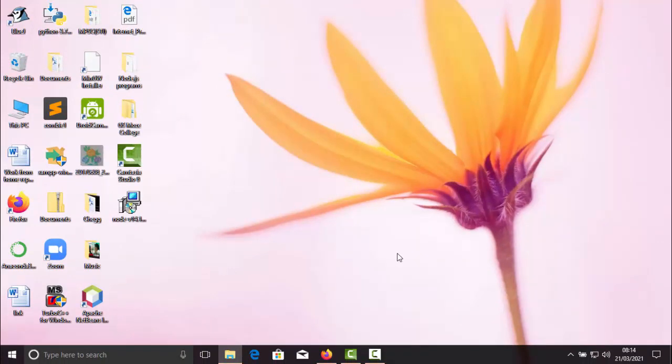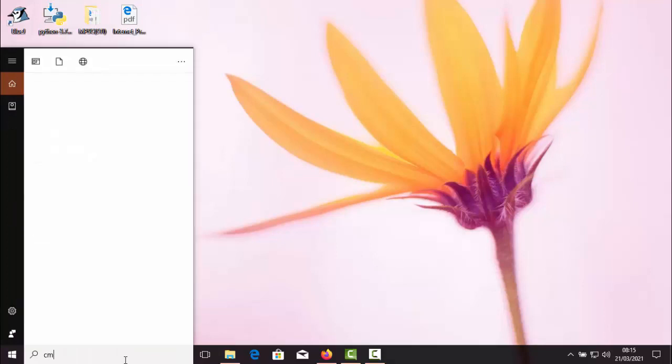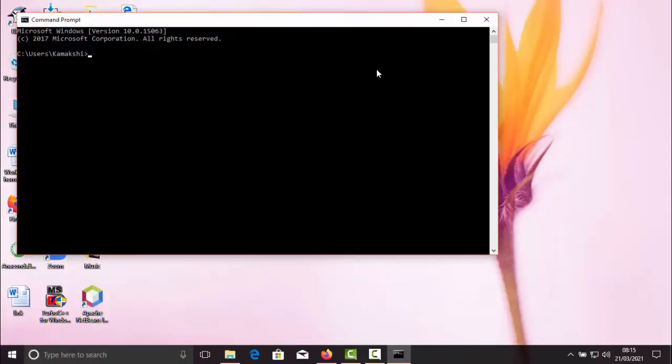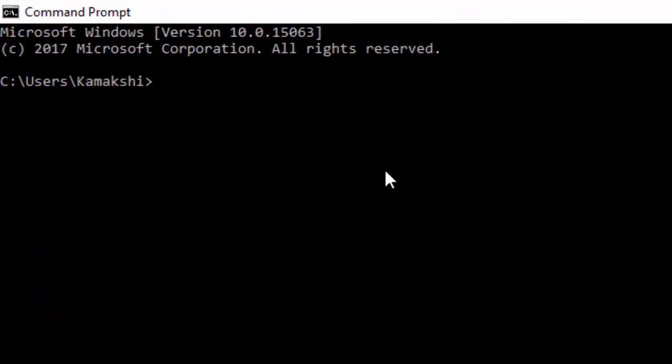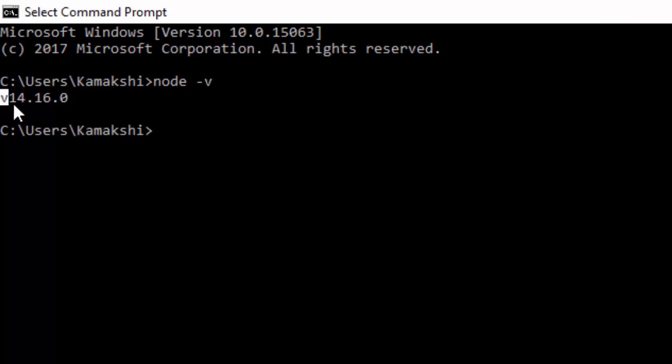Alright, now let's check whether this installation is successful or not. We'll do one thing, we'll just open the command prompt now. Within this command prompt, we have to check the version, so that it directly shows the installed version of Node.js. After executing this command, it is showing the installed version of your Node.js, right? So it means that there is no need to explicitly specify the path. It has automatically set the path variable as well.